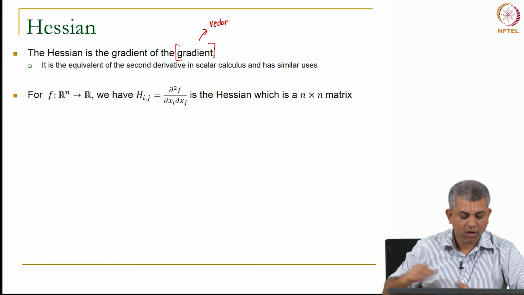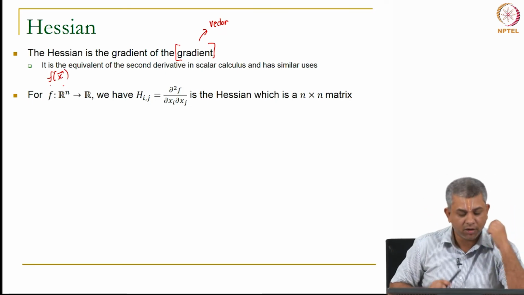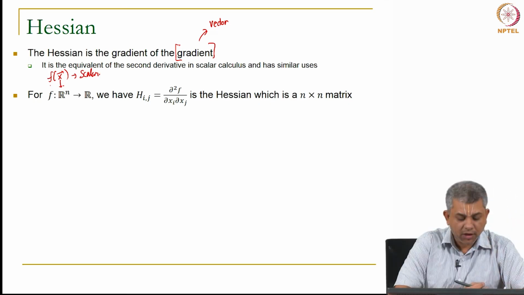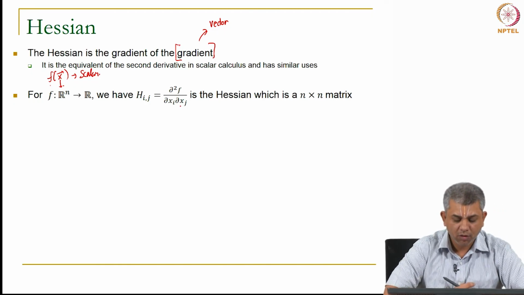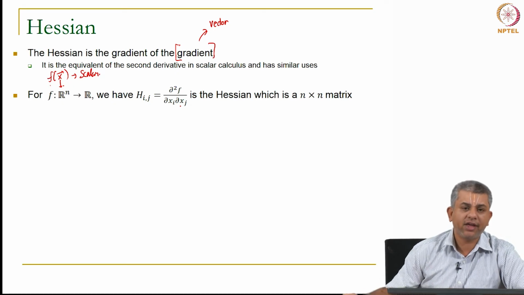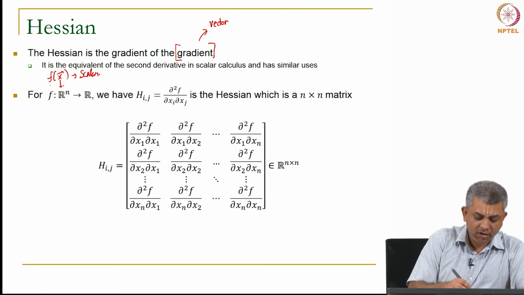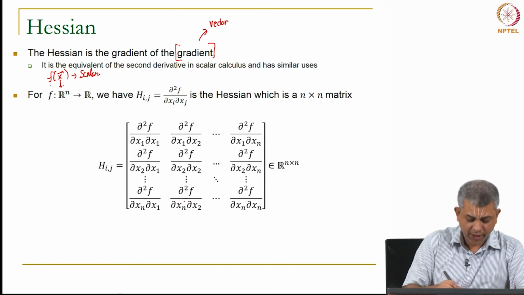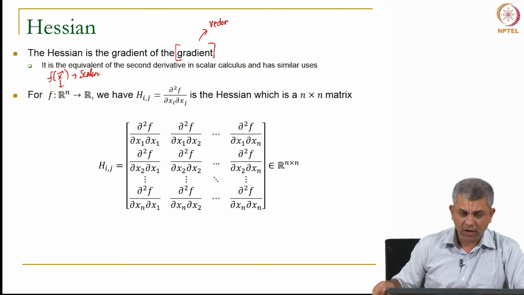this week. Okay. So, suppose f is a function. Remember what this means. F is a box that takes in a vector as input. So, x is a vector and what it gives out is a scalar. In such a case, the Hessian is defined as del square f del x i del x j. Okay. So, Hessian is a matrix. Every entry of the matrix is basically a partial derivative. F is a scalar. So, the first entry is, for example, del square f del x 1 square. So, the n comma 2 entry is del square f del x n del x 2, so on and so forth. This is an n cross n matrix.